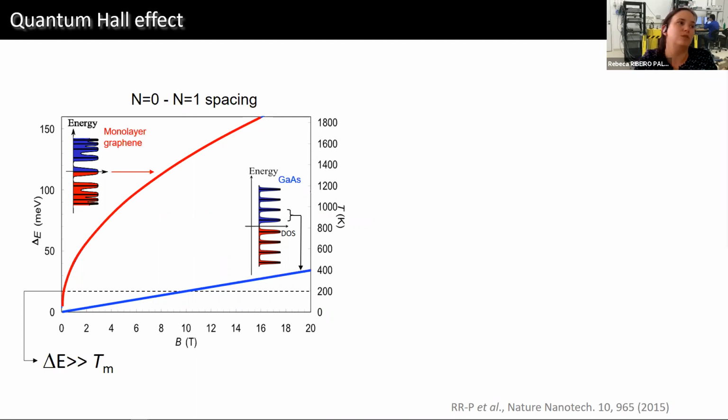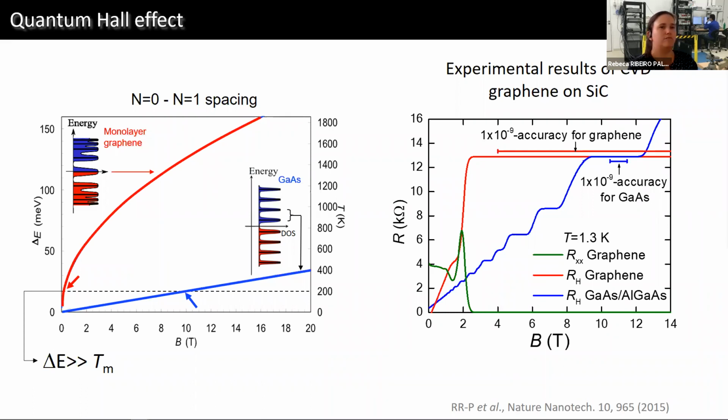For example, we know that this spacing between the Landau levels should be much greater than the temperature of the measurement in order to obtain an accurate, one part in a billion quantization. And with this very quick calculation, we can see that graphene is expected to have a very accurate quantization at much lower than 1 Tesla. Very different from, for example, gallium arsenide, which is about 10 Tesla right now. And this made this topological state in graphene one of the most promising new quantum Hall resistance standards in the world. And so in 2015,